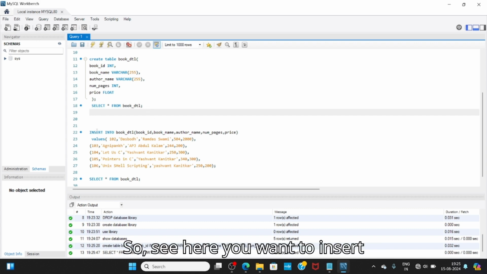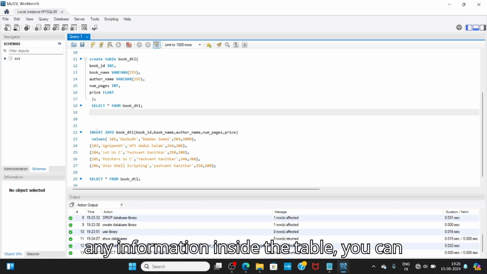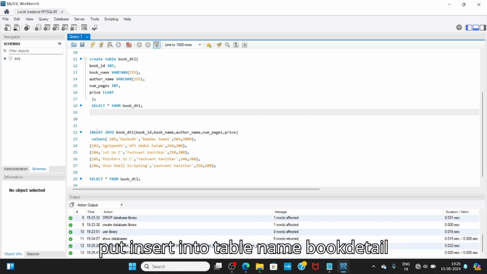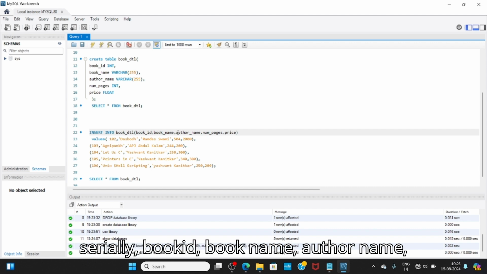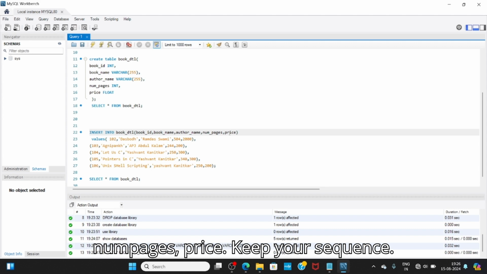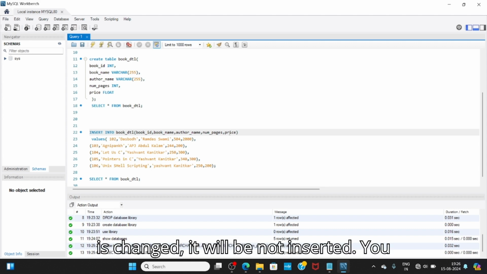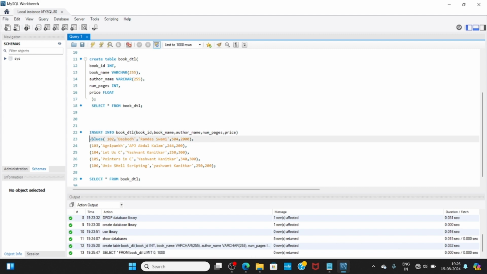See here, if you want to insert any information inside the table, you put insert into table name book detail. Which columns you want to insert, serially: book ID, book name, author name, num pages, price. If your sequence is changed, it will not be inserted. You will get an error. So you can see here, I insert into these details. I want to